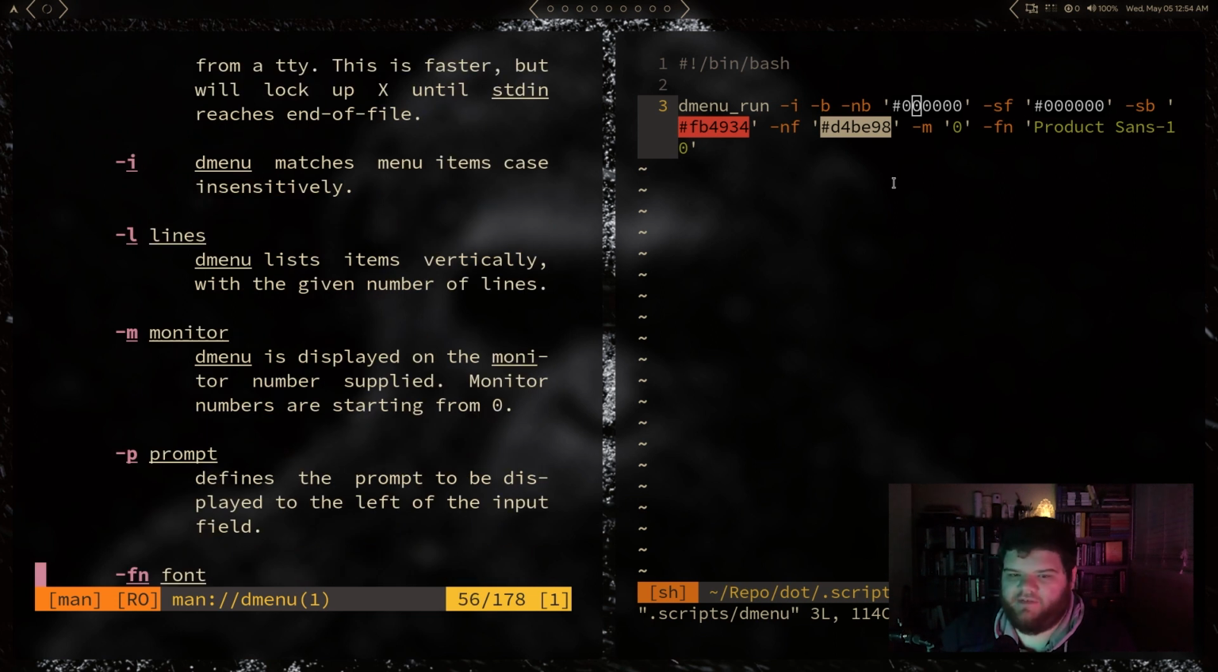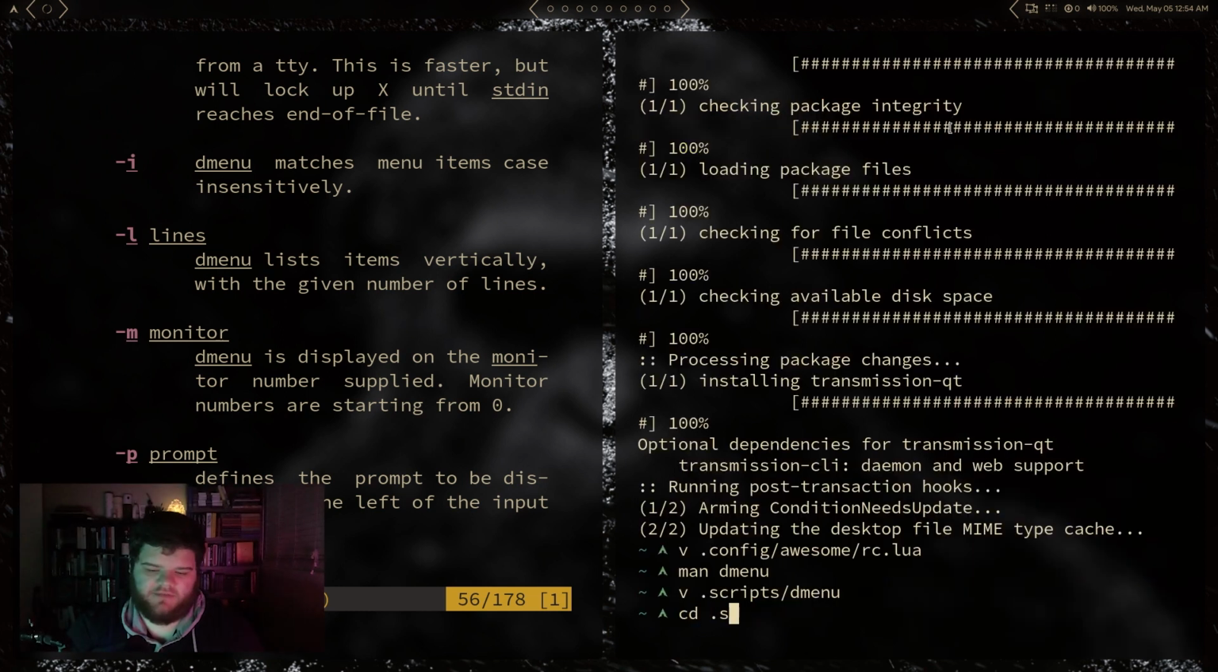And then I have -m, and I have it set to 0. Monitor 0 is my middle monitor. I believe 0 should basically always be your primary monitor if you have it set up correctly in xrandr or whatever tool you use to set up your monitors. So there we go. If you don't know how to make the script, basically if we go into my scripts